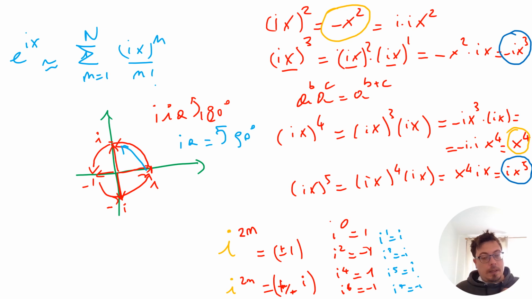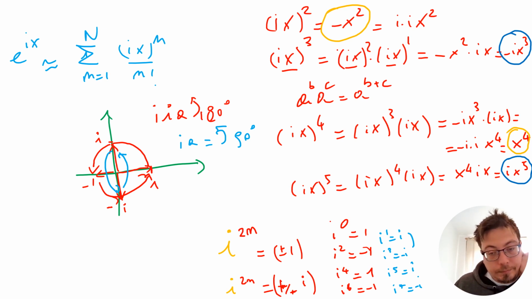Okay, and then we jump again by 2, but starting from a different point. So we get minus i, and we get this circle here, which is minus i and i and minus i. So, okay, what I'm saying is that, as you can see, what I want to say is that